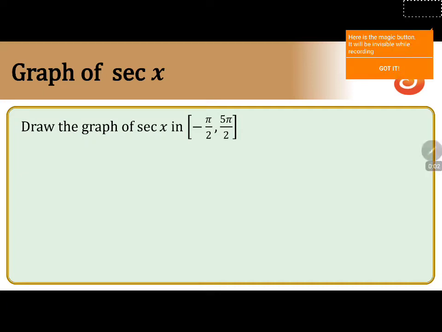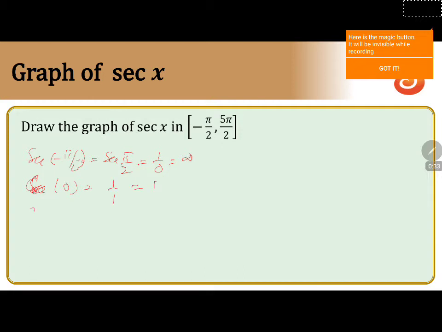Let us calculate secant of minus pi by 2. Secant of minus theta is plus secant theta. Secant pi by 2 is 1 by cos pi by 2, which is plus infinity. So minus pi by 2 plus 0, a little more than minus pi by 2. Then you take secant 0. Secant 0 is 1 by cos 0,